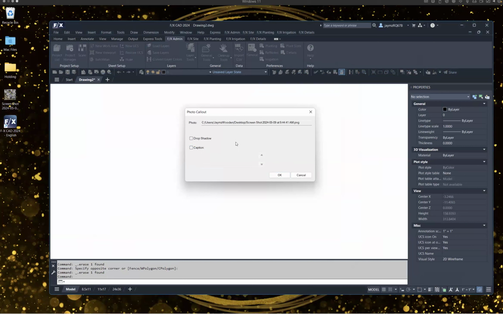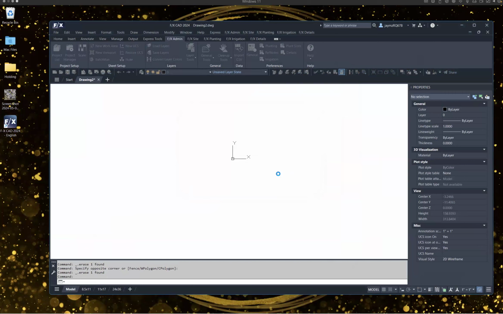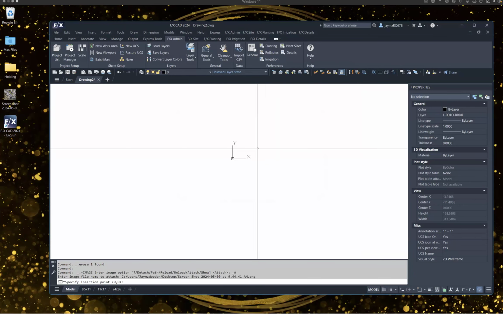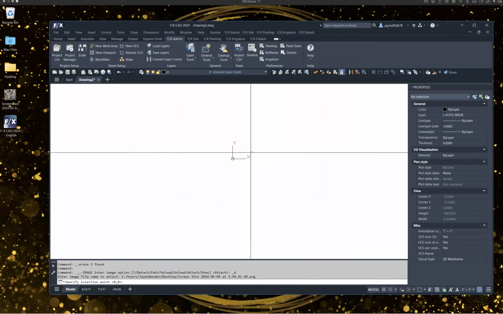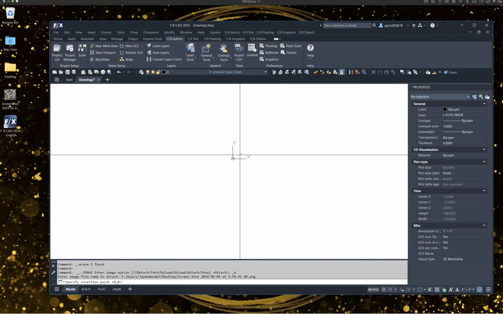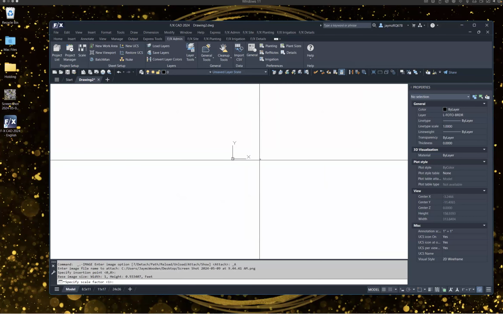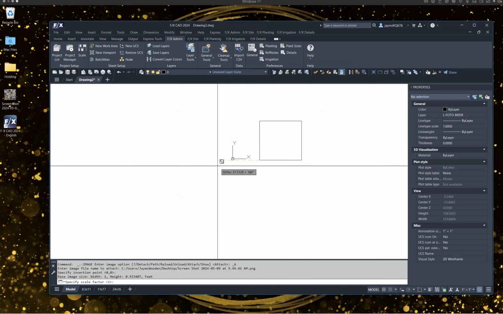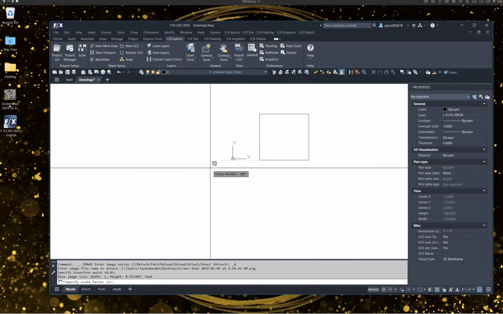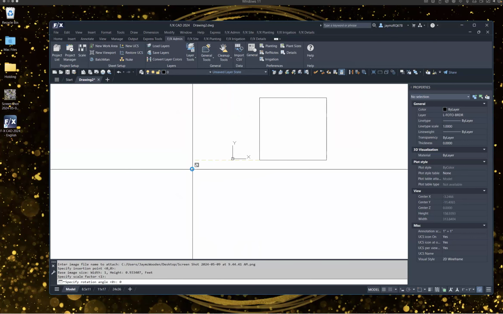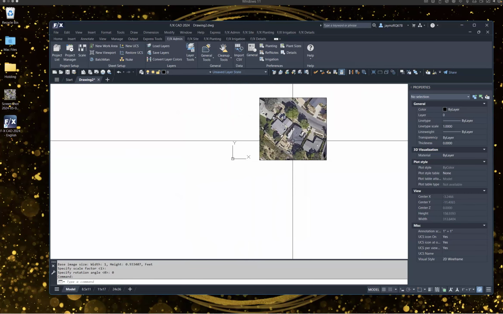We're going to uncheck both of those because we don't need them. We just want this to be just the image coming in, and we can click OK. And if we refer to our command line in the bottom, it's going to ask us to specify a point, and then it's going to ask us to scale it. So I can just click anywhere I want, and as I drag my mouse, it's going to increase the scale of the image. So if I set this, I don't know, just something arbitrary like that, now we have our